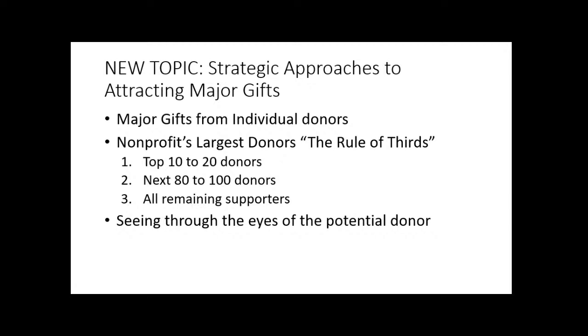And as with large-scale strategic planning, it would be best for a nonprofit to start with an objective analysis of itself and its offer. And we call this through the eyes of the potential donor. So we're concerned with seeing through the eyes of donors capable of making 5, 6, 7, even 8-figure major gift donations. So it's important to segment within this group, because major gifts can come from several sources, including individuals and charitable foundations, possibly from government when we get into grant writing, and additionally, even sometimes from corporations.